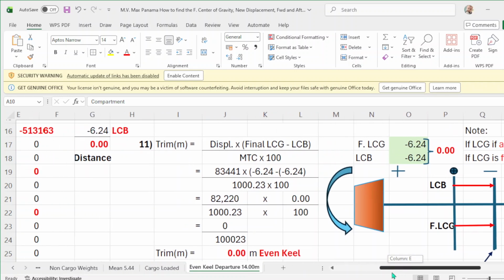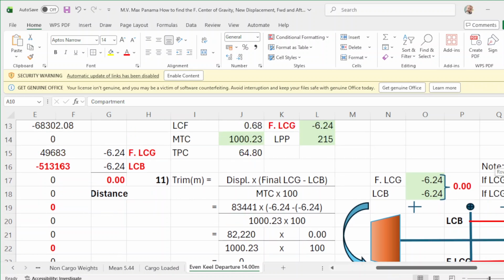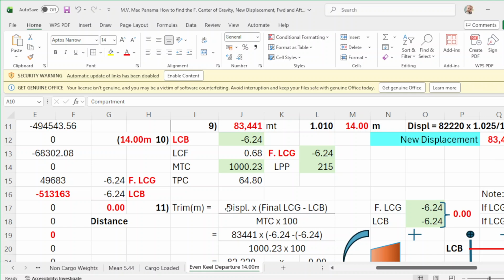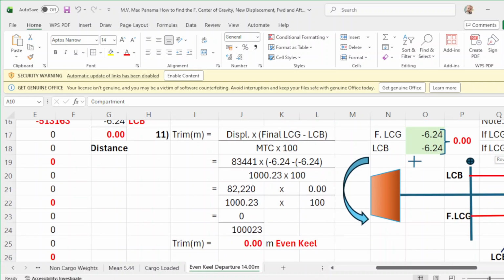Okay? Here, your displacement is 83441. Okay, 83441, which is this one, times your final LCG of negative 624. And your LCB is negative 624, the same. That will be over your MTC of 1000.23, which is this one, times 100. Follow the equation, that will be your displacement.